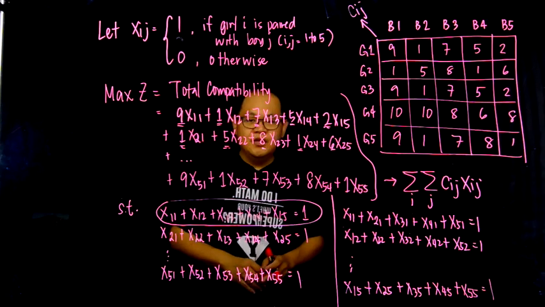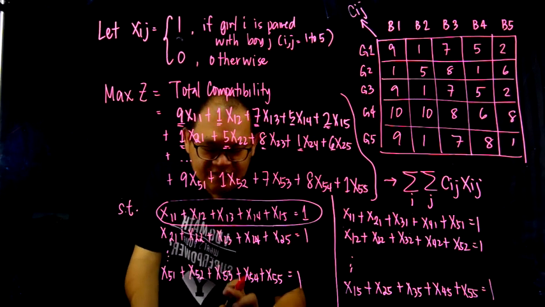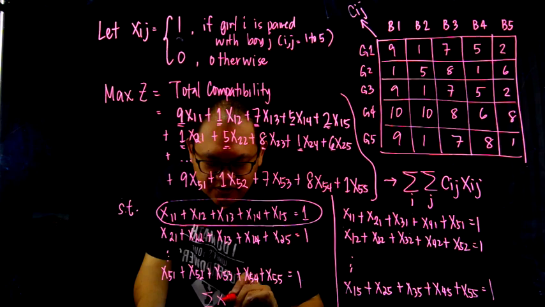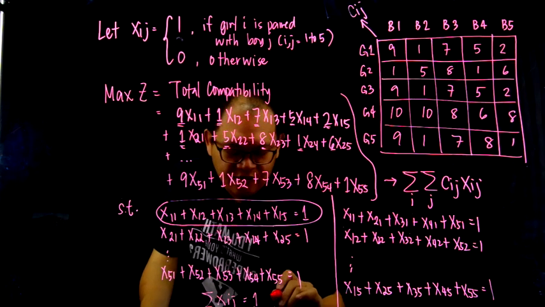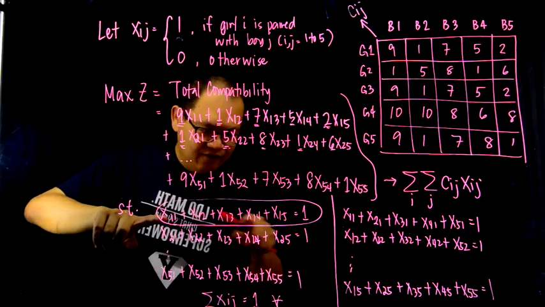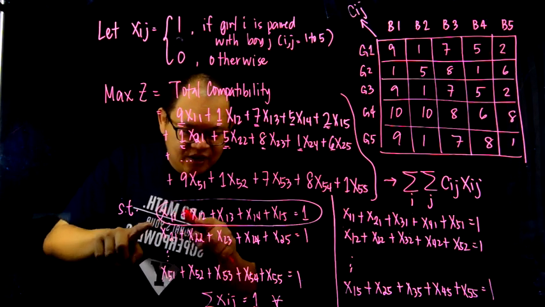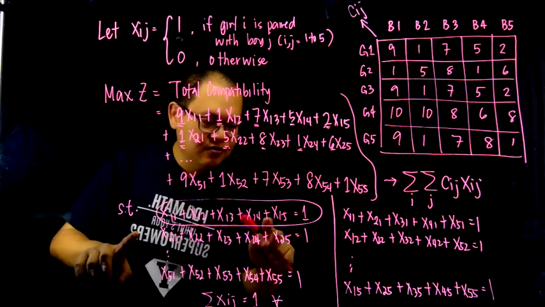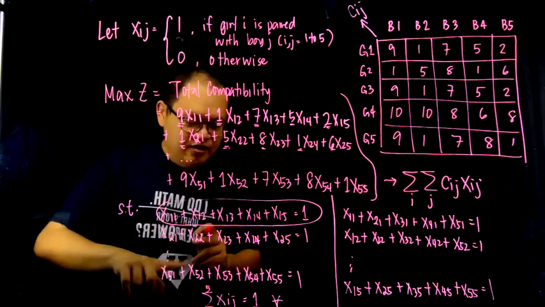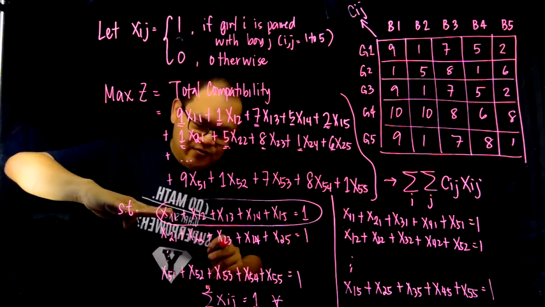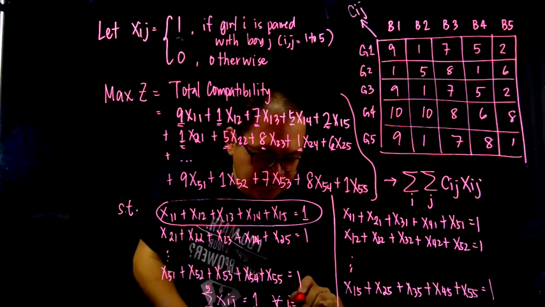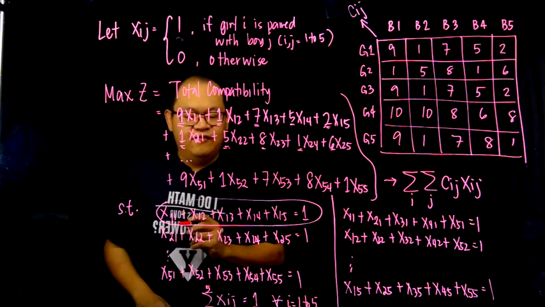Okay? Now, to write this in summation form, we can write it in this way. The summation of xij is equal to 1. Okay? And if you look at the equation, in every equation you're getting the sum over j equals 1, j equals 2, j equals 3, j equals 4, j equals 5. So this is from j equals 1 to 5. And you're writing this constraint for i equals 1, i equals 2, until i equals 5. So this is for i equals 1 to 5. In the same manner,